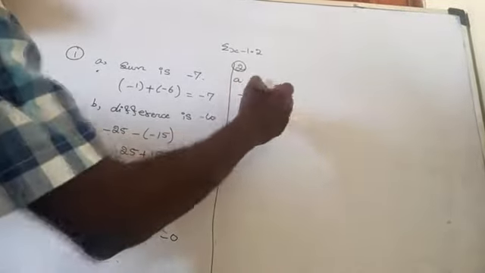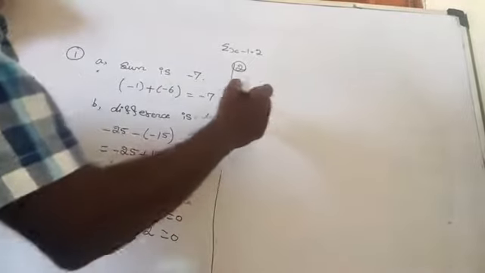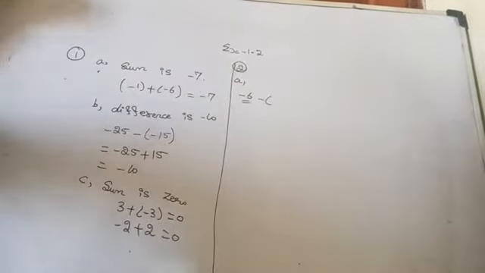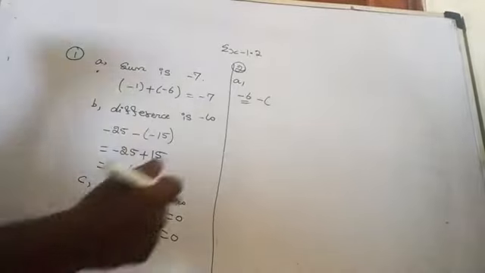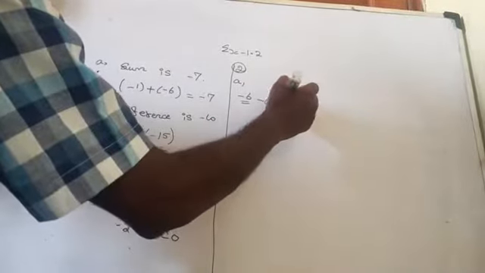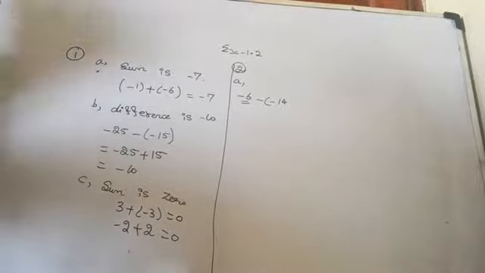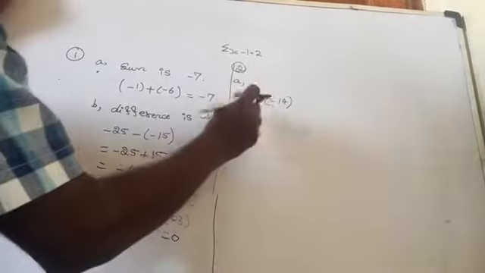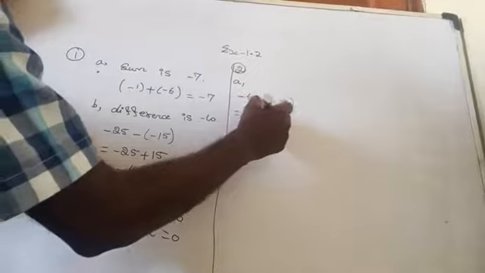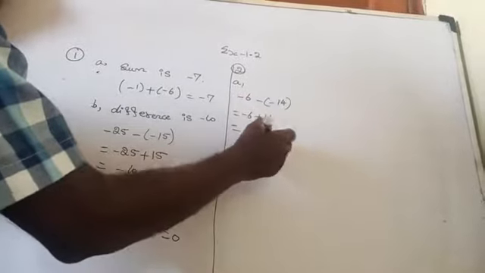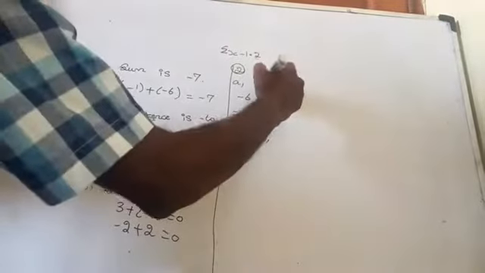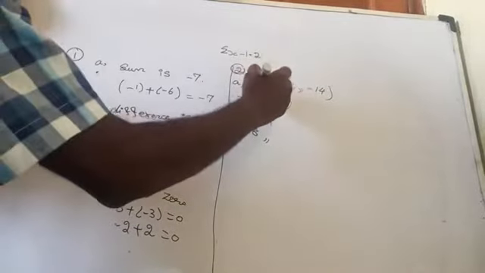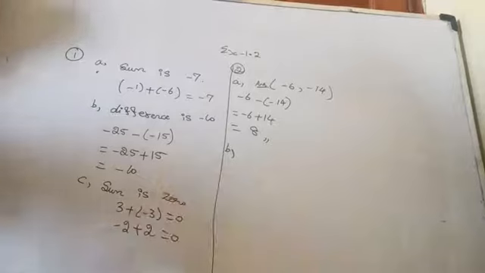Minus 6, minus of... the difference they are asking, but we need a pair of negative integers. So it's a negative integer, minus 6, difference minus; now 6 plus 8 is 14, am I right? So it should be minus 14. We need the difference to be 8. So minus of minus 14 you can write: minus into minus is plus 14, minus 6 plus 14 is what? 8. Am I right here? So therefore the pair is minus 6 comma minus 14. It's the required pair.